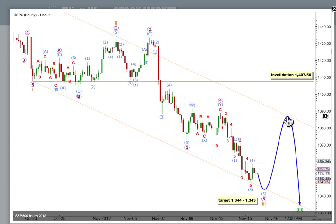We'll expect wave 4 orange to probably last about 6 sessions and to end around about the same level as 4 purple, and probably to find resistance at the upper edge of this channel. Wave 2 was a relatively shallow and sideways expanded flat. It's less than 50% the length of 1, so I'll expect wave 4 orange to be fairly likely to be over 50% the length of 3, so a deep correction, and most likely a zigzag but maybe a double. And it can't move into wave 1 price territory. This wave count is invalidated with movement above